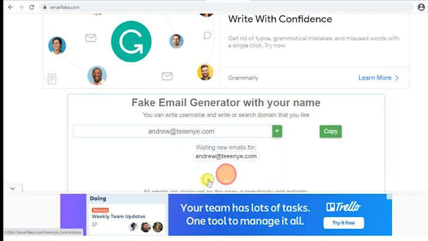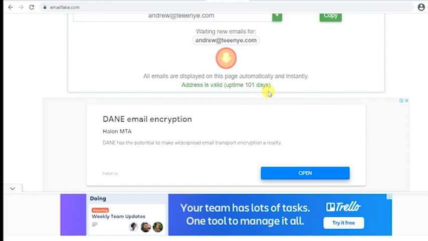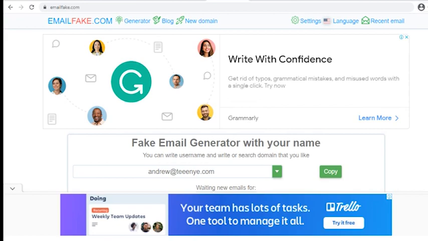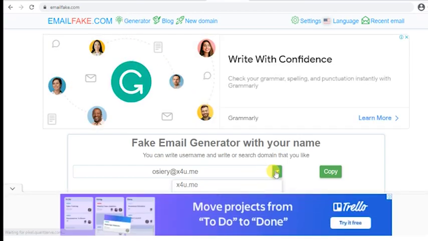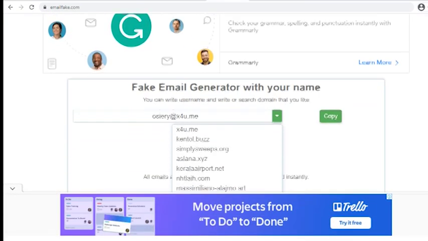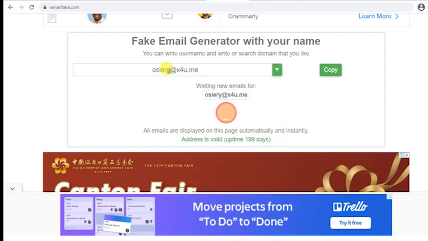Say for example, I am using Andro, and I'll use a domain like this, tni.com. This is a very handy temp email account, and it says the address is valid up to 101 days. If you keep this browser on for 101 days, then you can use this for 101 days.